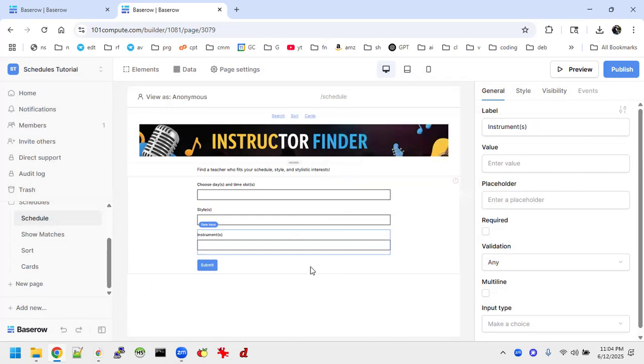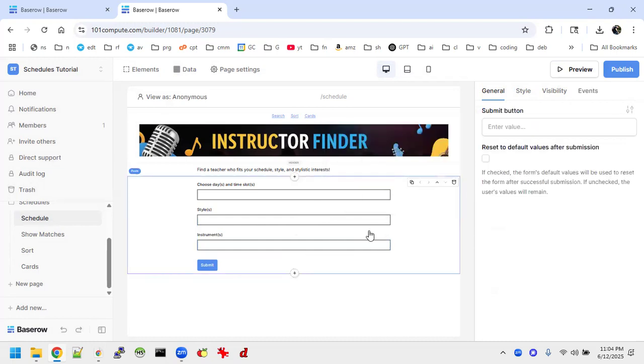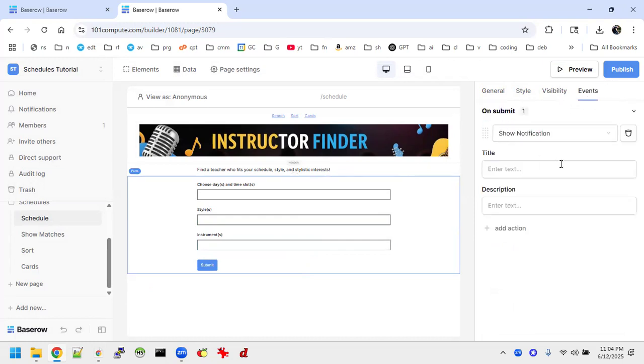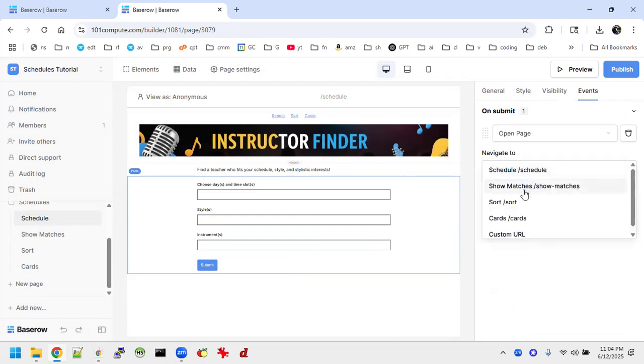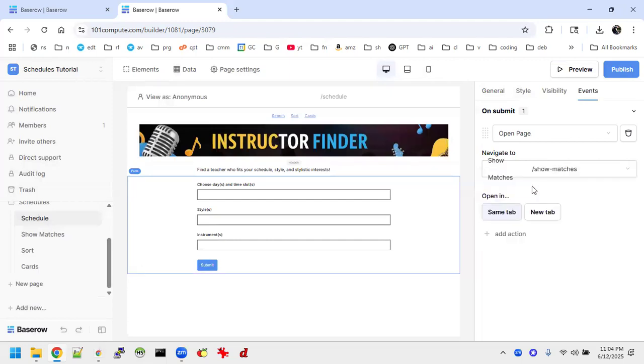Okay, so now we've got a form, and clearly what we're going to need to do is, when that's clicked, pass the selected values to another page. So we're going to open another page, we're going to pass it to this show matches page, and I can see what we need to do. The show matches page isn't showing any parameters yet, so let's go ahead and